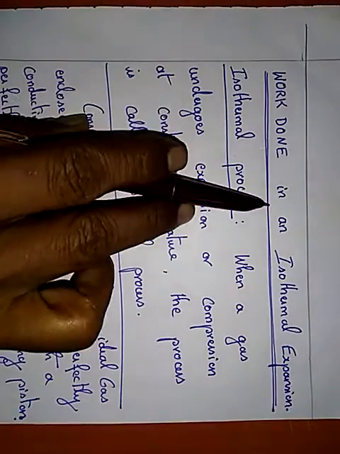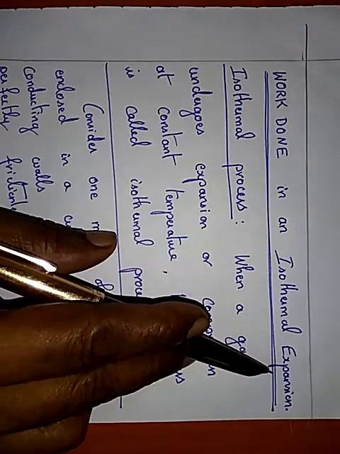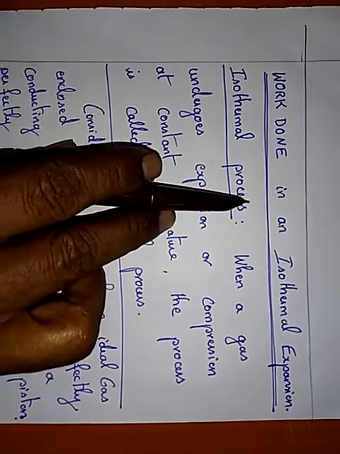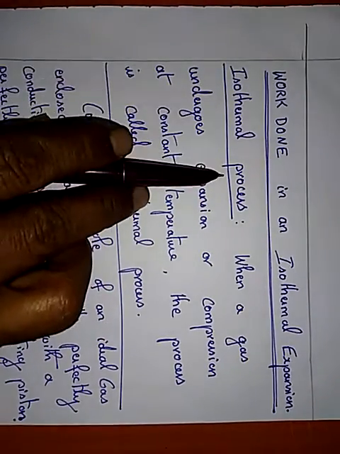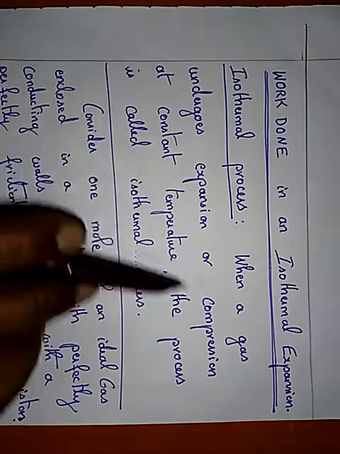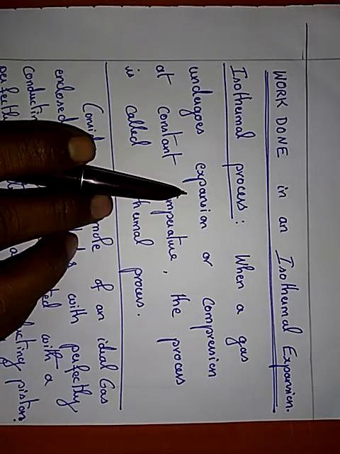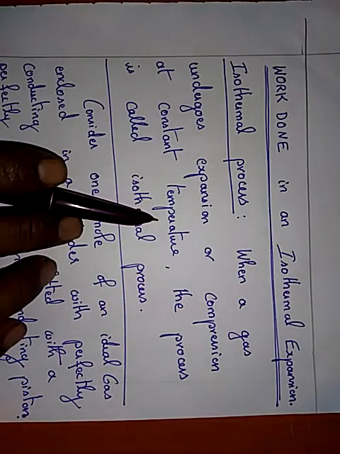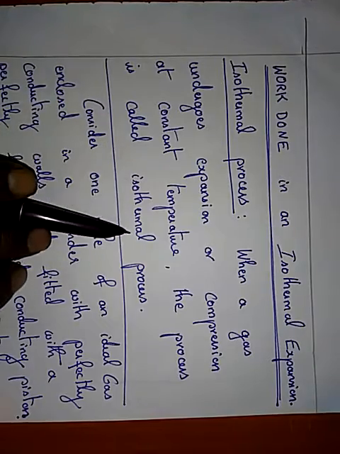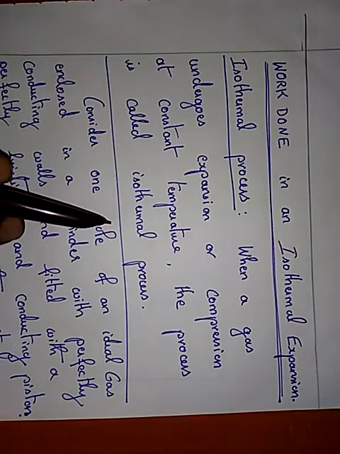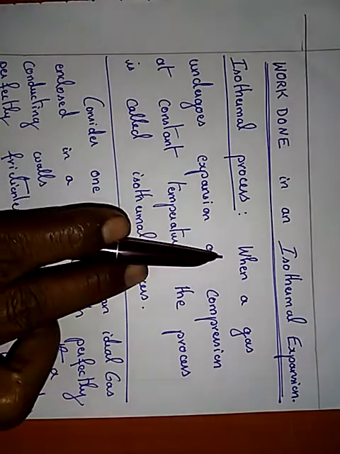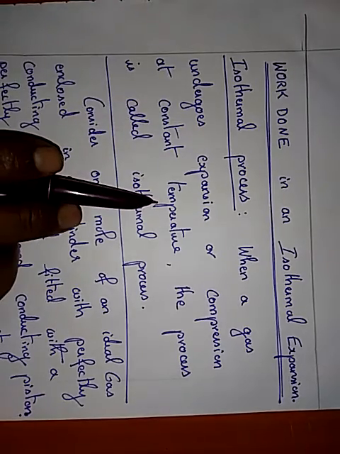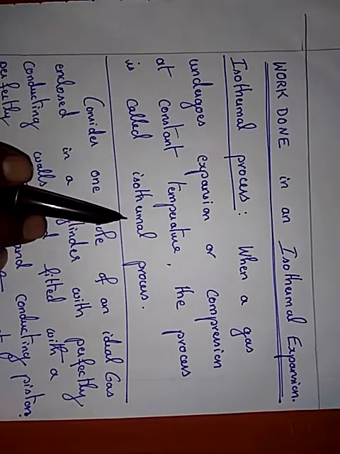Work done in an isothermal expansion. Before going into the derivation of work done, we have to see what is the isothermal process. When a gas undergoes expansion or compression at constant temperature, the process is called isothermal process. So once again I repeat, when a gas undergoes expansion or compression at constant temperature, the process is called isothermal